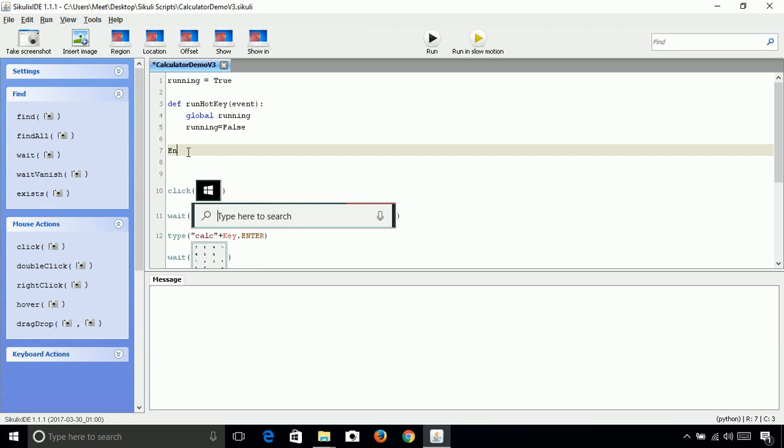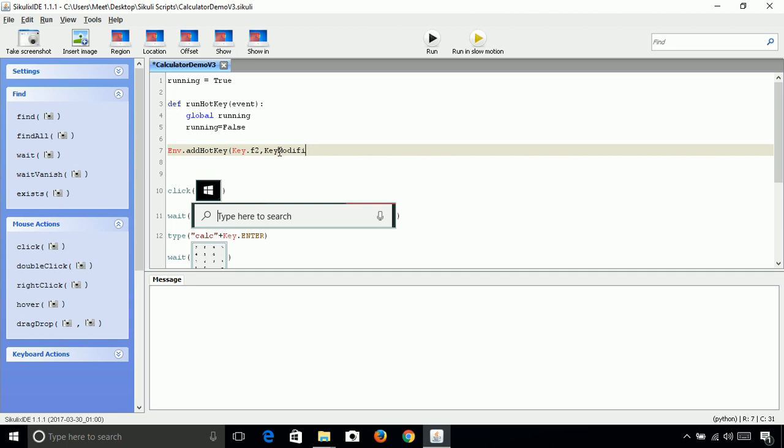So let's define a hotkey here. To define the hotkey we will use the Environment class and then addHotkey, with H and K capital. Here the key will be, let us say, F2, and then the modifier will be Control.